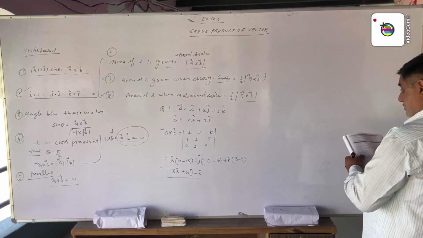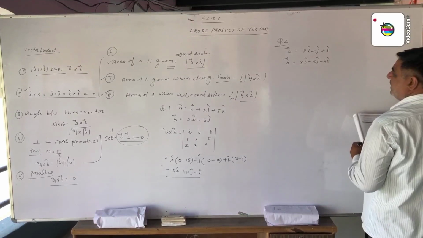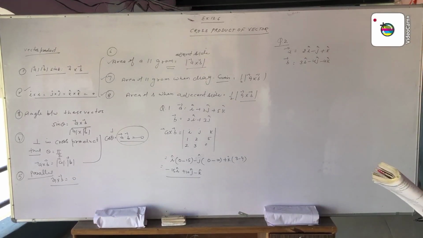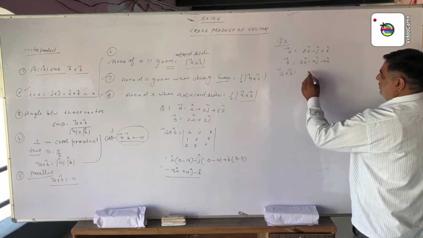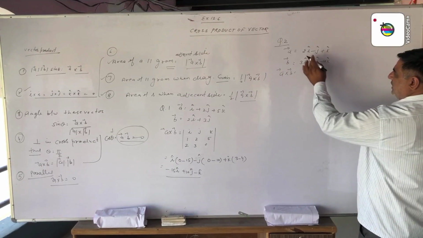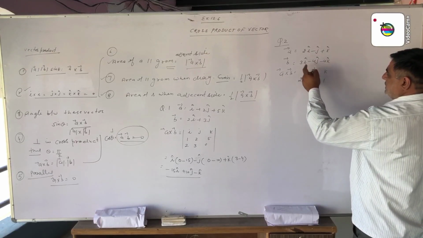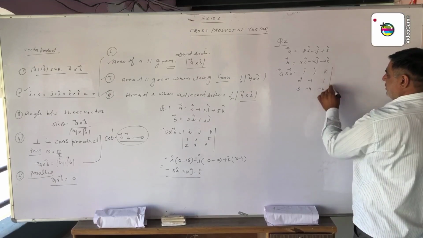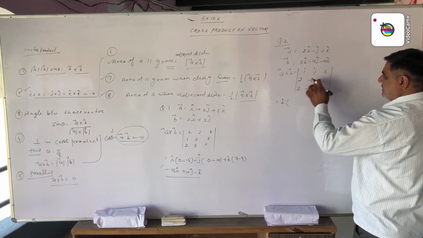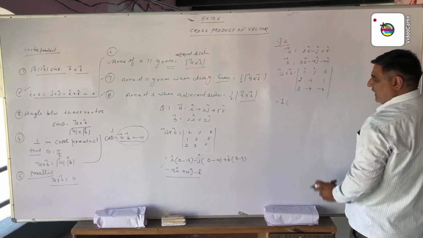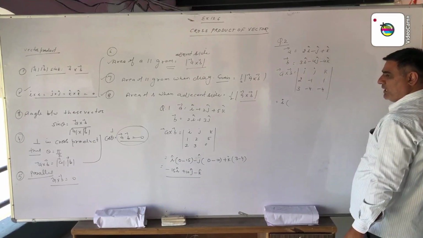The second part of this question is the same as the first. We have to find vector A cross vector B. So vector A cross vector B is equal to the determinant with i, j, k. Now the components of A are 2, minus 1, minus 4 with the sign, and for B they are 1, 3, minus 4. Now we multiply. To find the i component, we take the front of i, and both its row and column are cancelled like this.